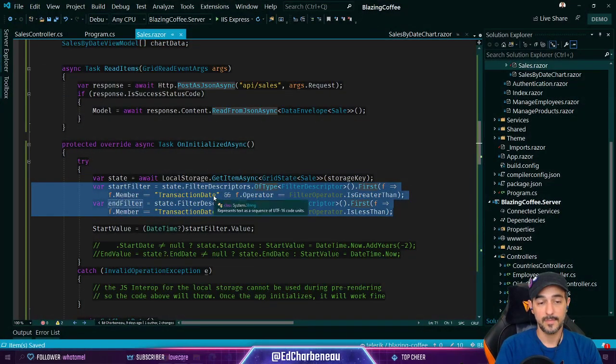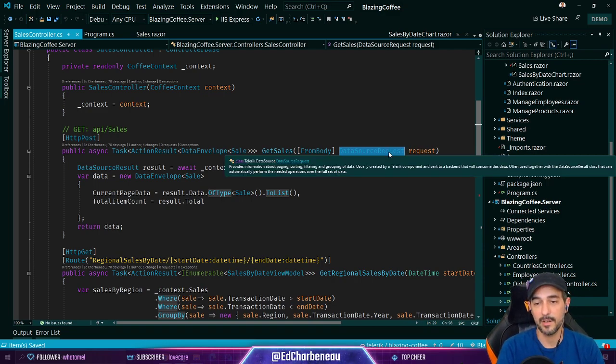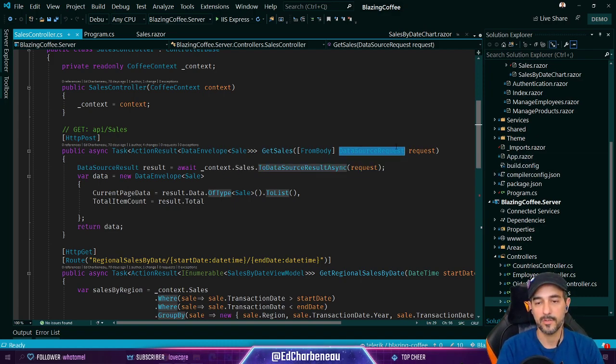So this only works for my date time because this is the way I have my date set up. Oh yeah, I meant to answer that for you. These get passed to the API. If we look at our sales controller, this data source request is the grid state. It's the same thing under a different name, because it not only contains the grid state, but it contains some other values